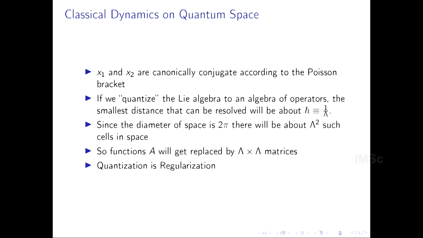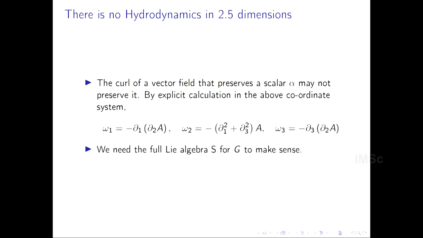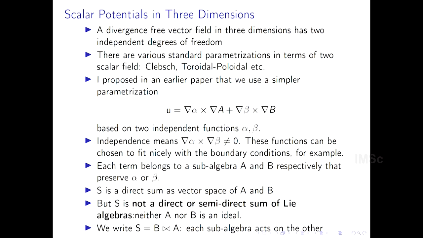But this is not enough to do fluid mechanics. I think I talked about this. There is no fluid mechanics in 2.5 dimensions. Because remember that in addition to the Lie algebra, we also have the curl operator, or the inverse of the curl operator. The curl operator is not closed in that subset of Lie. So you have a Lie algebra of vector fields that preserve alpha, but the curl of that no longer preserves alpha. So you cannot do fluid mechanics with it. And that's easy enough to do by a short calculation. So we cannot do it there. So we really have to study both components of the vector field in order to study fluid mechanics.